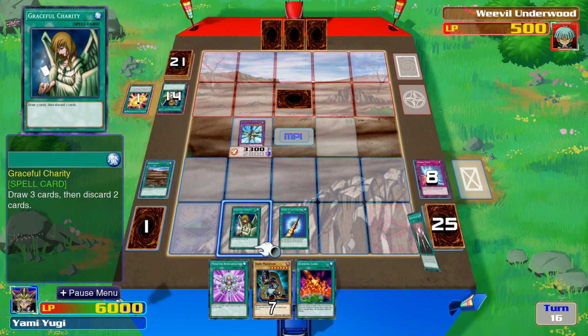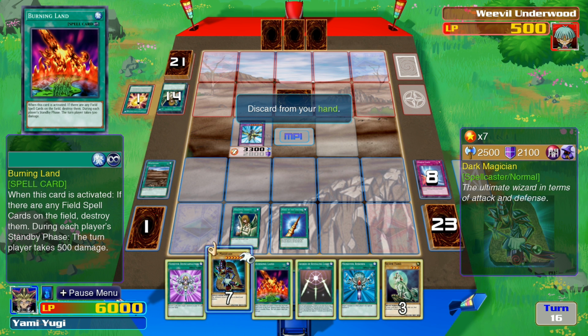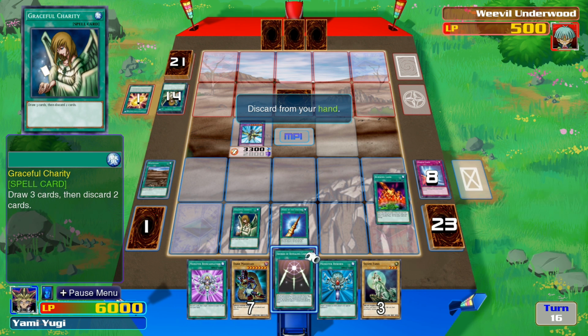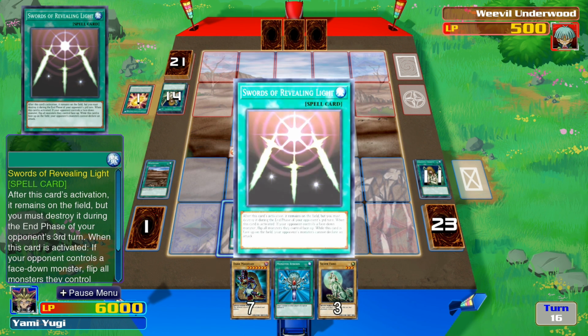Graceful Charity. Draw 3 cards and discard. What is that? No, we got Monster Reborn. Yes, I can pull off the most disgraceful thing ever. Oh, hell yeah. Burning Land we don't want, and Monster Reincarnation, it's whatever. I'm just gonna play this for the lulz. And then